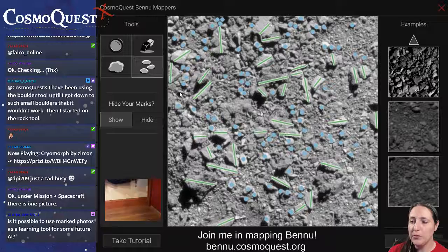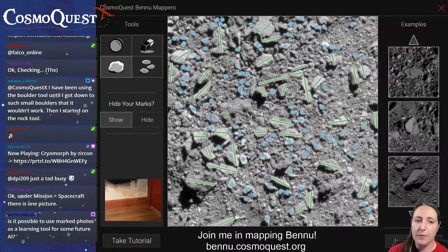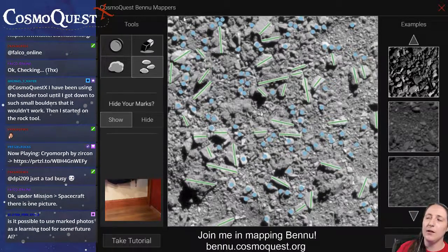Is it possible to use marked photos as a learning tool for some future AI? Yes. But humans are actually way better at pattern recognition than computers are. That is the one thing that we have beat computers at. So somewhere in the world, I think it's Japan,